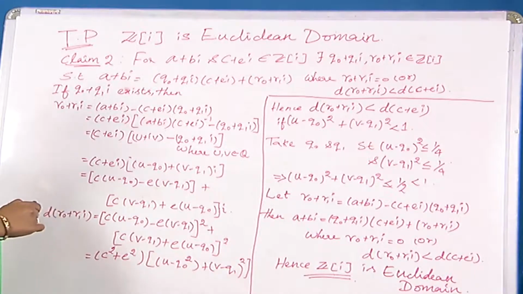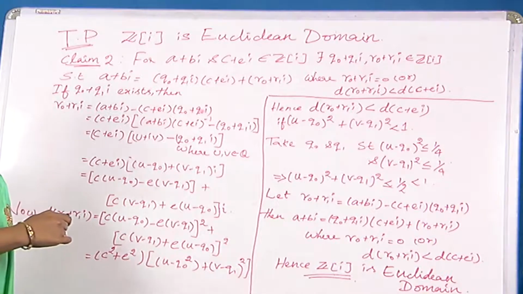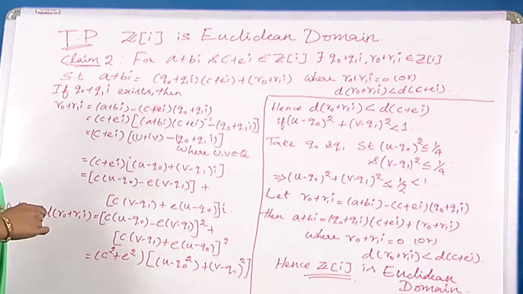So, minus of c plus ei, q naught plus q1 I, from here we have written this. Then let us take the c plus ei common outside. When we take this outside, there will not be any trouble here, but when it comes to a plus bi, it will become c plus ei the whole inverse. So, 1 by c plus ei. When you bring this inside, it will get cancelled and you get the original term. I hope you understand, it is very simple mathematics here.